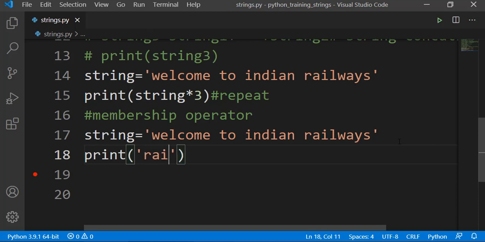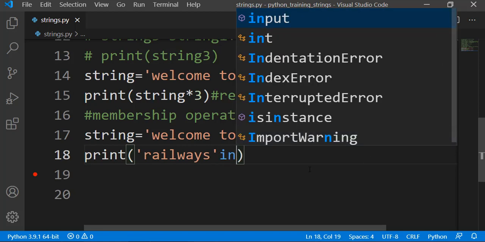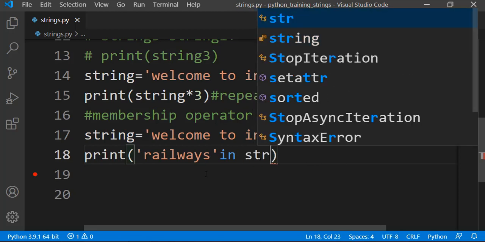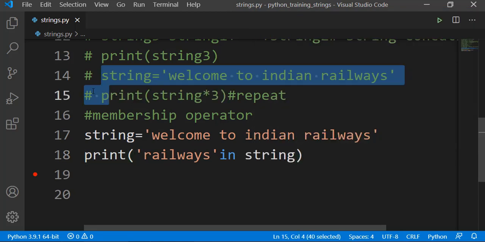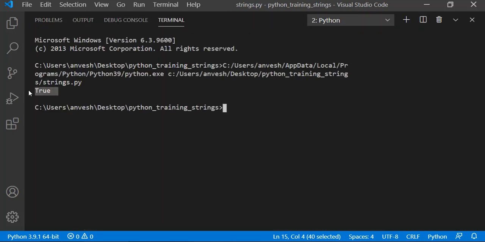I want to check "Railways", then give in. We are checking whether "Railways" is in the string, so give the string name. Now let me comment these two lines. Now let us run this and check what we'll get. So here you can see that we are getting true because "Railways" is present in the string we have mentioned.